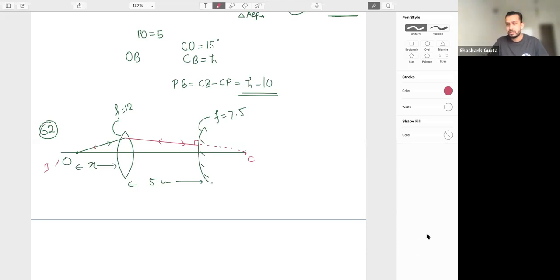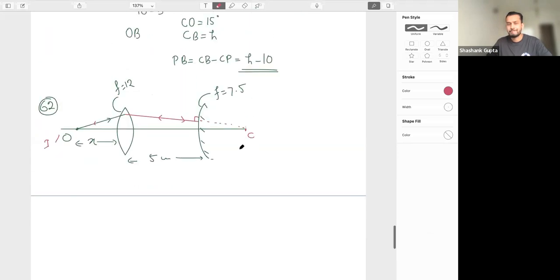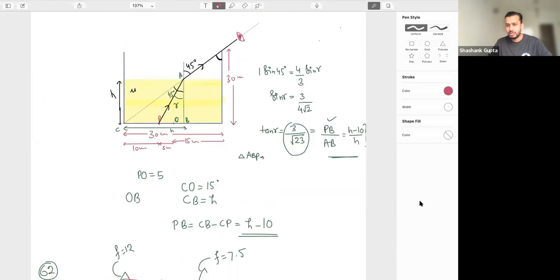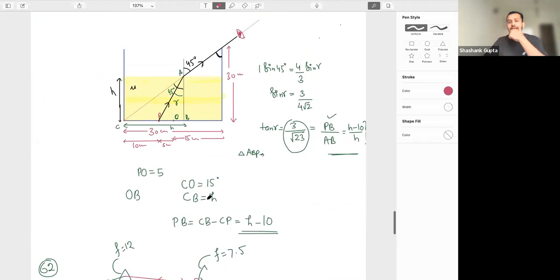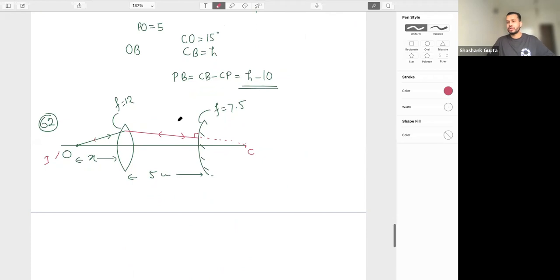So if shift is 10, then the shift is 1 minus. If shift is 10, where is the shift 10? Arishkar, which one are you talking about, 62 or the previous one? The 24th. If the shift is 10, where did I say shift is 10? This was the 24th one. Where did I say shift is 10 in this? Okay, wait a minute, let me do this first. Let me explain this first. I'm coming back to that.